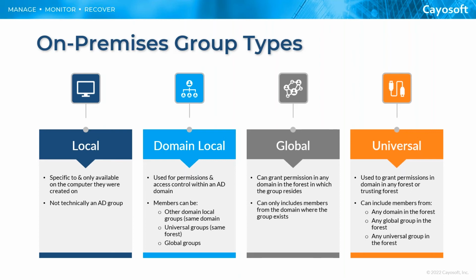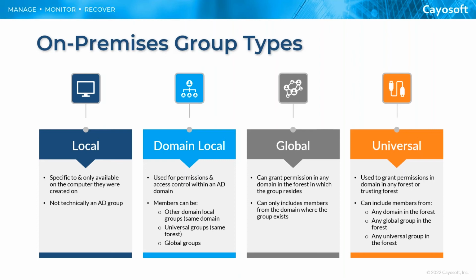Now, when we start bringing Active Directory into the picture, there are three types of on-premises groups that you'll have to work with: domain local, global, and universal. These three different groups all serve different purposes, but more importantly, they have different restrictions associated with them. So you kind of have to be careful about what type of group you create for a given situation. I don't want to go too in depth on these because I know there's a lot of material to cover here, but let's just quickly go over the group types and what some of the restrictions are.